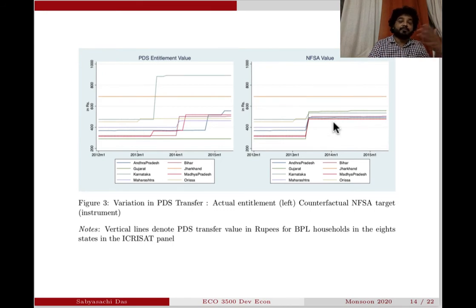That's because the market prices are different in the states. So even though everybody is hitting the 3 rupees per kilo price, and everybody is hitting the 5 kilo per person per month quantity, the implied value of the transfer is different in the post period, and that's because the market prices were different. So the difference gives you different levels of subsidy even in the post period across these states. So that's what the authors are going to use as an instrument for this. Okay.